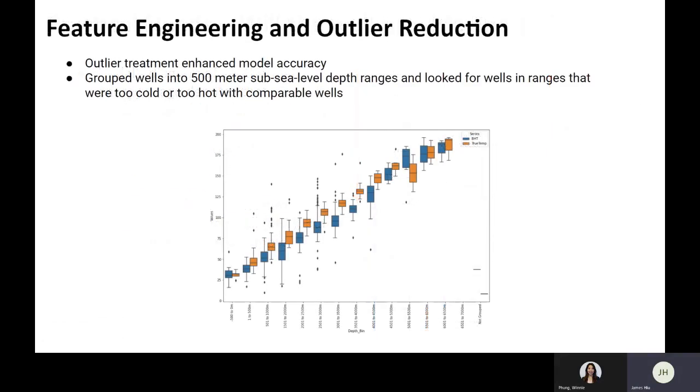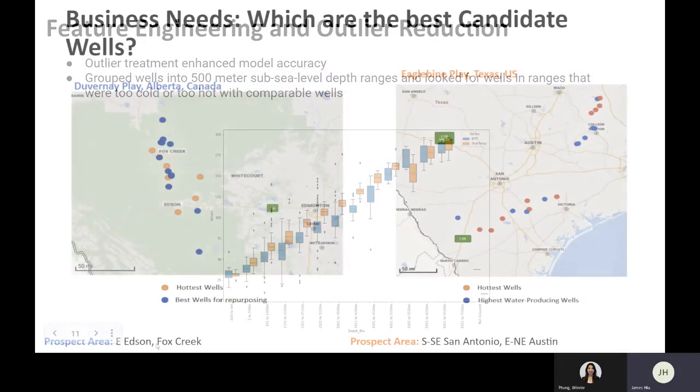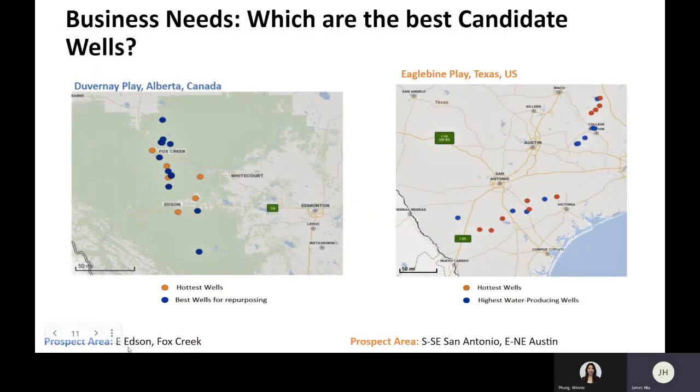Often that we were understated the true temperature. So we adjusted lower outliers to the median value. They're in the prospect areas of East Edson and Fox Creek in Canada. And